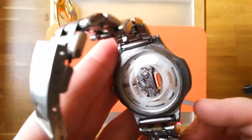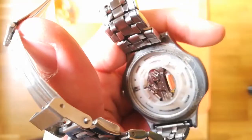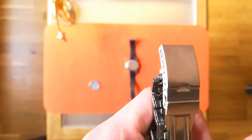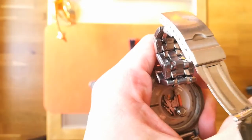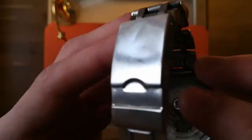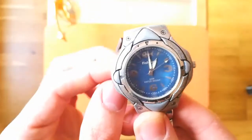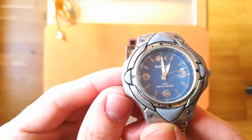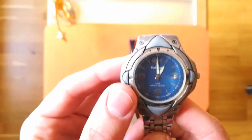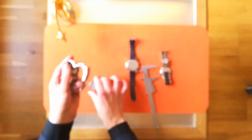You can see that the winding system is extremely small. We take out the old battery, you just push it out and it pops. You just place a new battery in the place of the old one. You press it with your finger, and as you can see, the watch started to work. So even after almost 15 years, the mechanism is still alright, and the watch is in very good